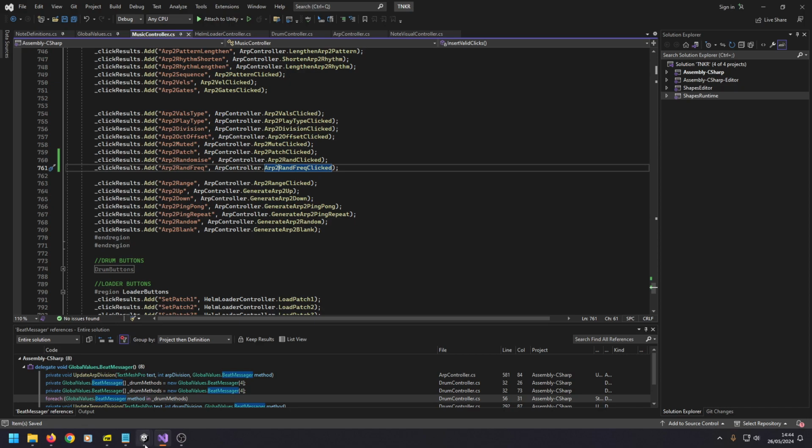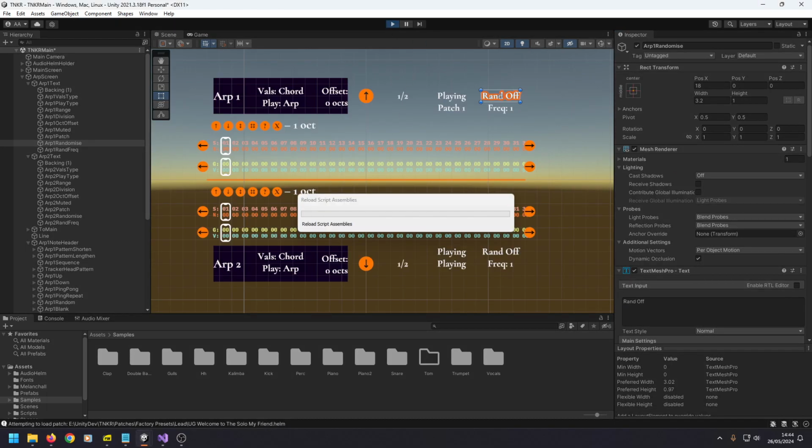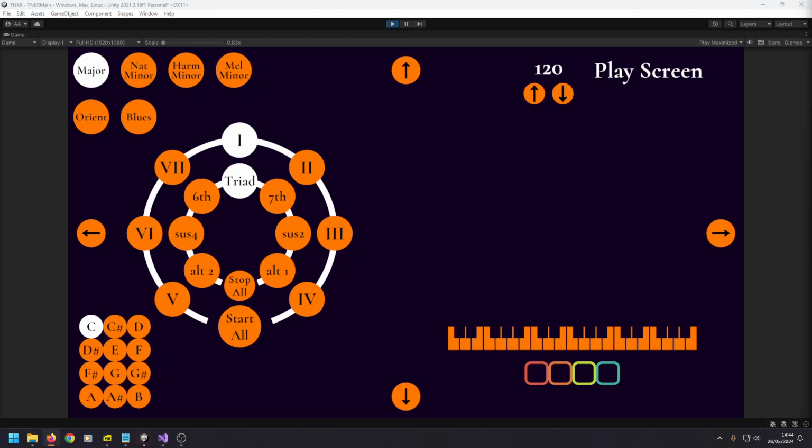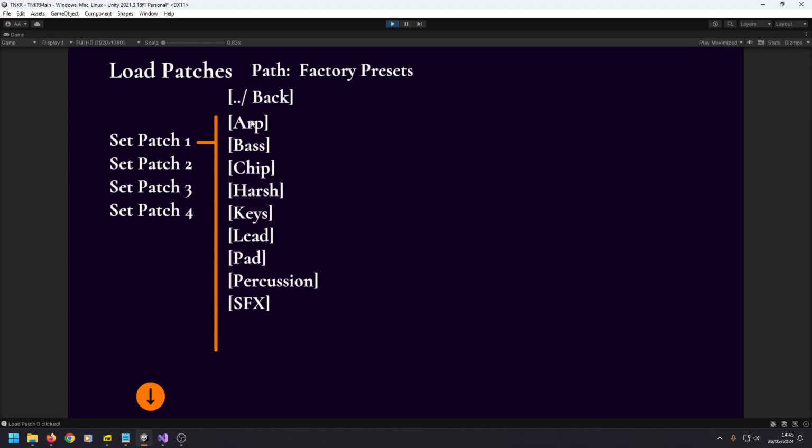Right, save everything. Let Unity compile it and see how we go. Okay, so that appears to be working. That can go up and it can go down. Now the question is, if we go and grab a patch,